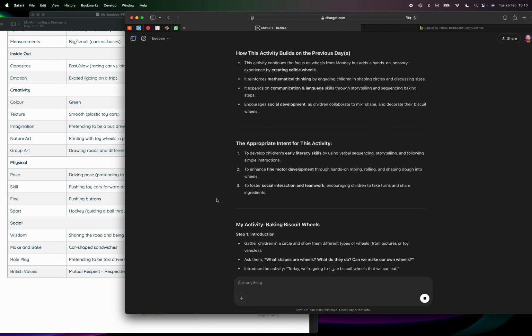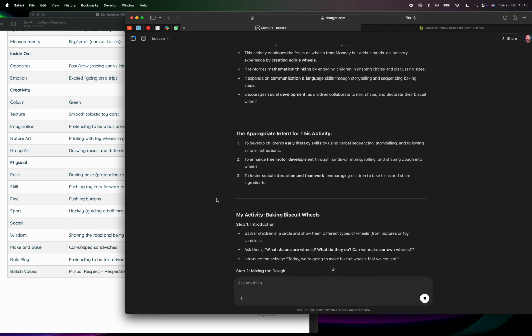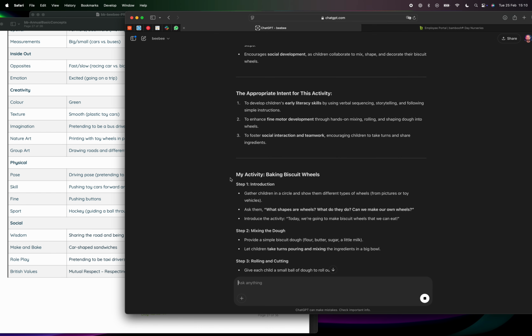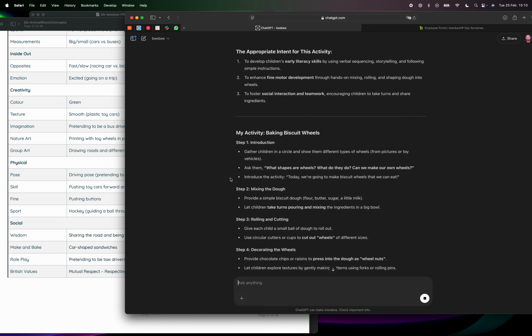It's interesting to see how they get literacy in there. It expands communication and language skills through storytelling and sequencing baking steps. Encourages social development, and children collaborate to mix, shape, and decorate their biscuit wheels. The appropriate intent for this activity is to develop children's early literacy skills by using verbal sequencing, storytelling, and following